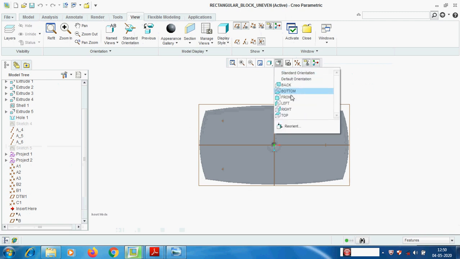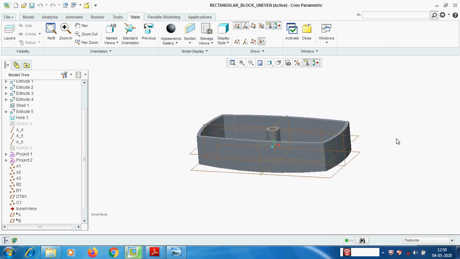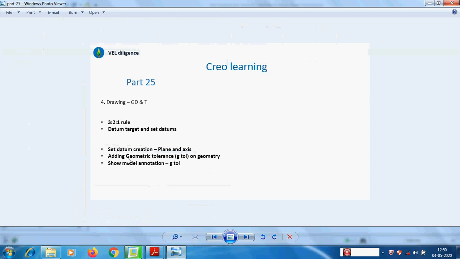Similarly, this also is curved. So we are not able to give the set datums for this component in the drawing. In this case, we have to give the set datum target details. These things we will see in the next session. Thank you.